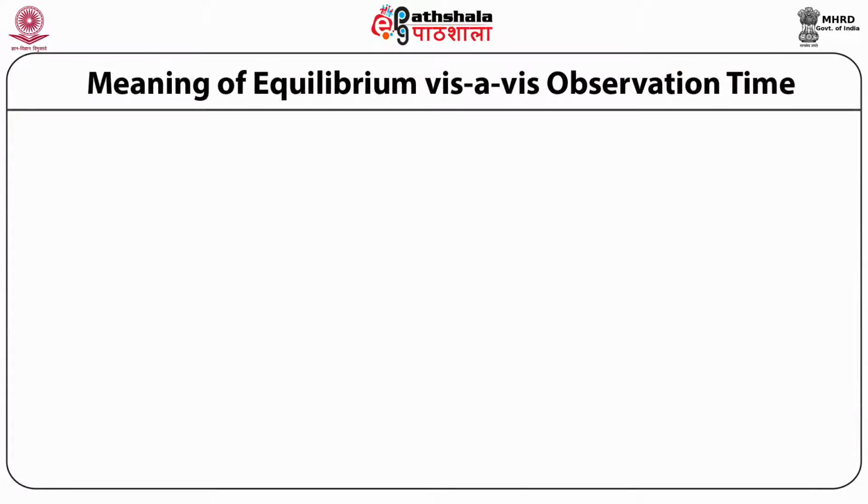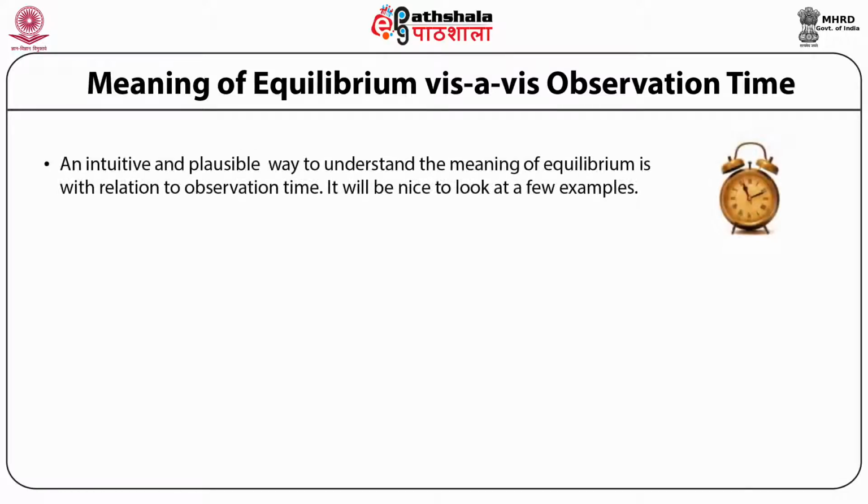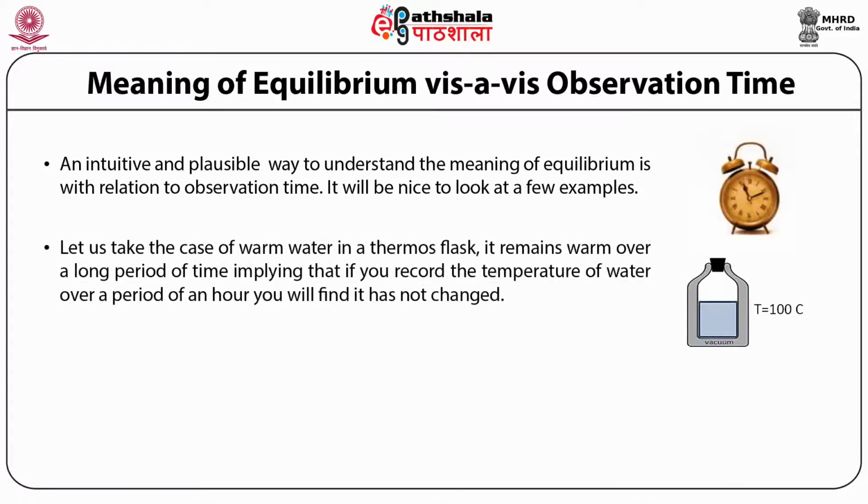In this e-course on statistical mechanics, we are going to talk about statistical mechanics at equilibrium. It will be worth appreciating the meaning of this equilibrium. An intuitive and plausible way to understand the meaning of equilibrium is with relation to observation time. It will be nice to look at a few examples. Let us take the case of warm water in a thermos flask. It remains warm